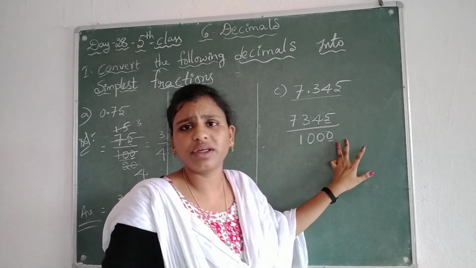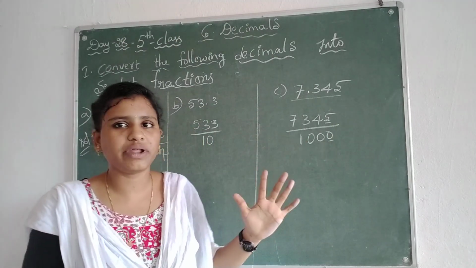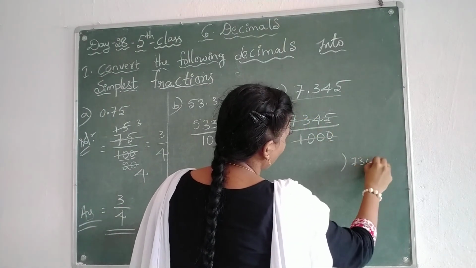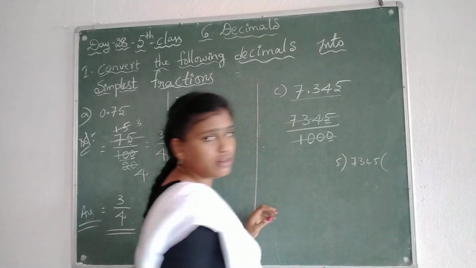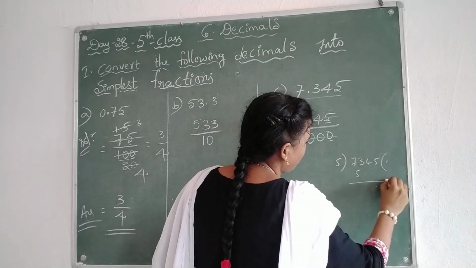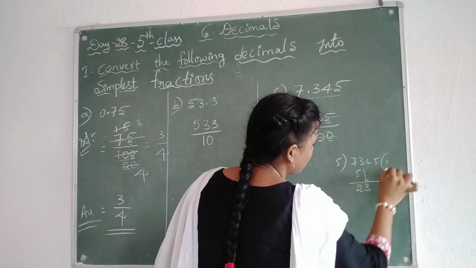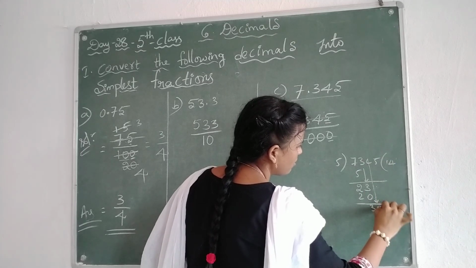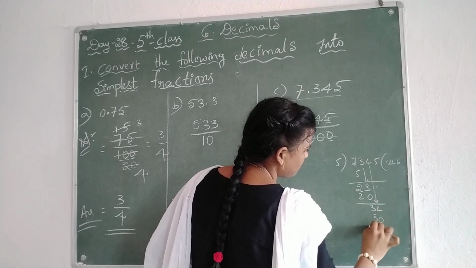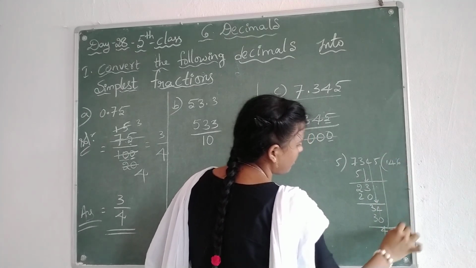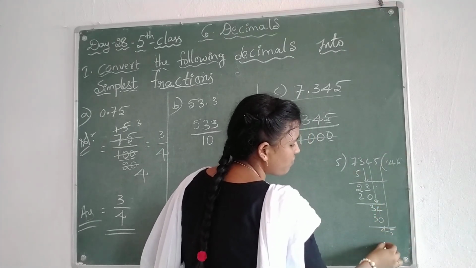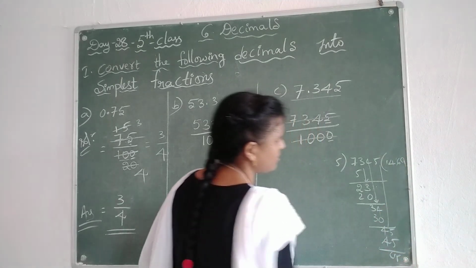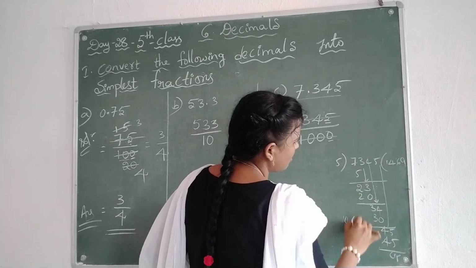This 5 and 0 are definitely cancelled in which table? The 5 table. So cancel these numbers. 7, 3, 4, 5 in the 5 table. Take one time, that is 5, remainder 2, 3. 5 is 20, then 3 and 4. 6, 5 is 30 and 4, 5, how many times? 45, 9 times is 45. The remainder is 0. If you multiply these two, you will get the answer.